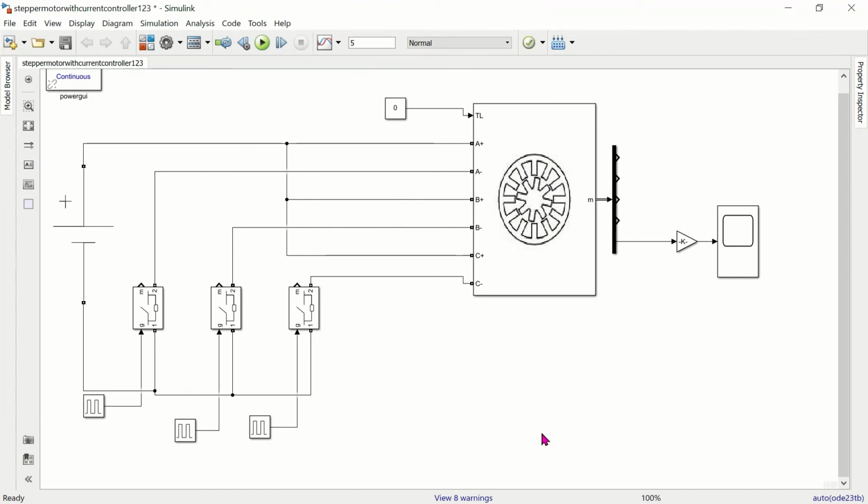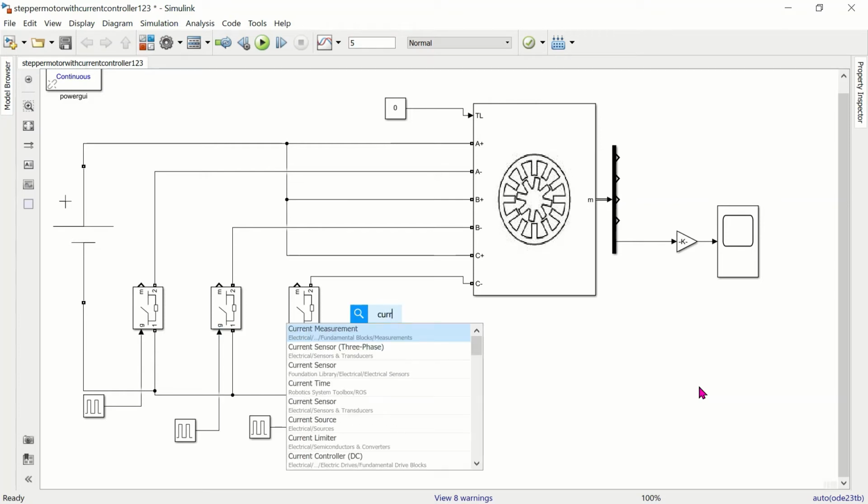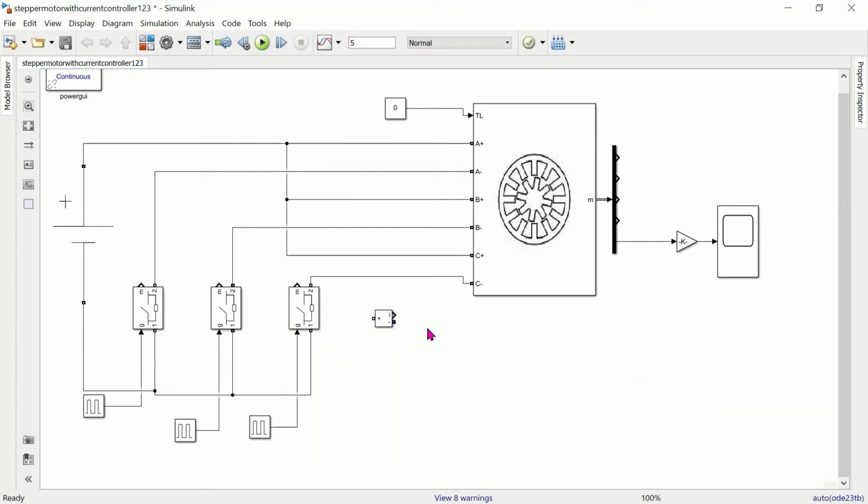In our simulation, we connect a current measurement unit in each phase A, B and C and measure the current. I'm going to use the current measurement block. So I want to connect three current measurement blocks.